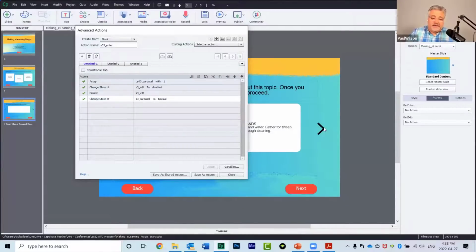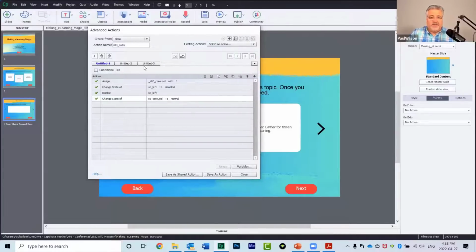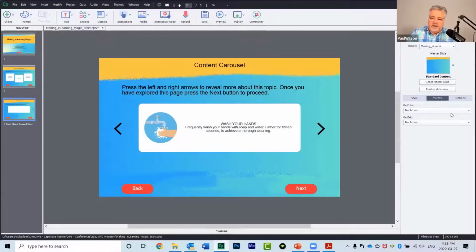If I disabled it when I left the slide, maybe on a revisit, I want to make sure it goes back to enabled. So we're going to, first of all, change the state of our right button to normal, in other words, available. And we're actually going to enable it in case it was disabled when we left the slide the first time. So that's it. That's what we need to do on enter. So I'm going to save that as an action, click OK,